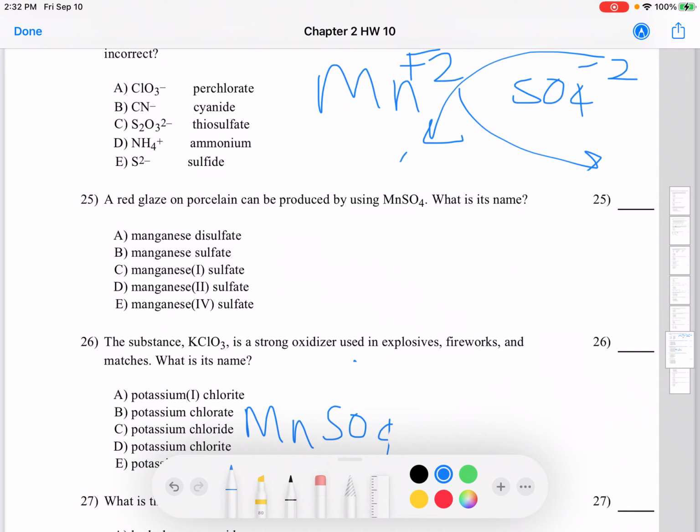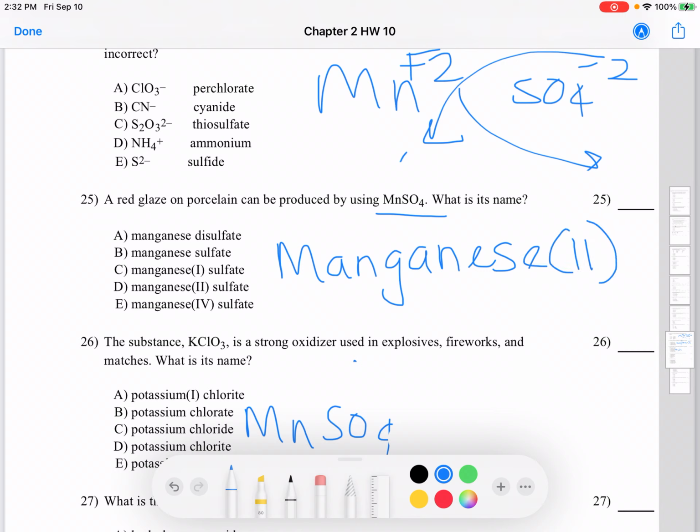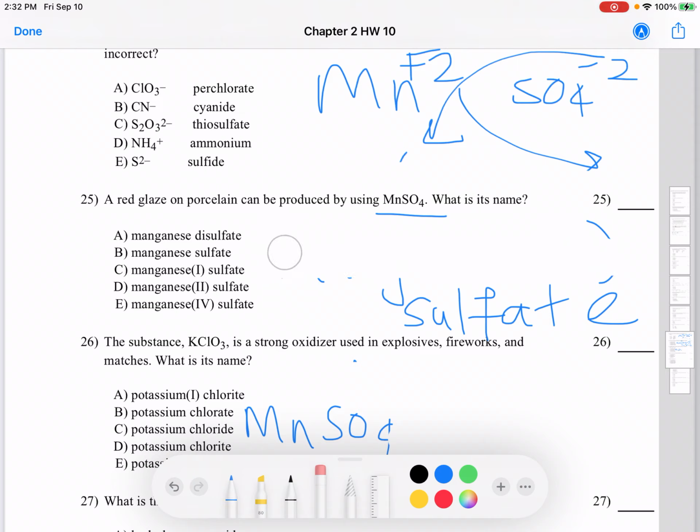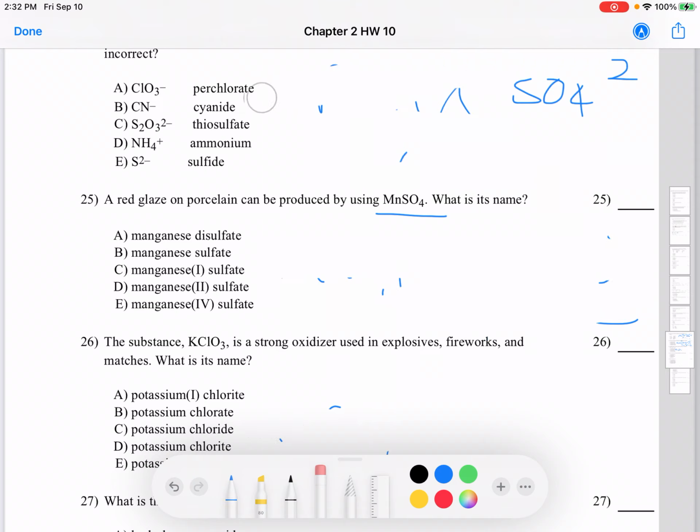So by figuring out what is the charge of the anion, you can figure out the charge of the cation. So because of that, manganese is +2. Since it's a transition element, you put manganese(II), and then since SO4 is sulfate, you write sulfate: manganese(II) sulfate. That's the name of that. Okay, and then the next one,